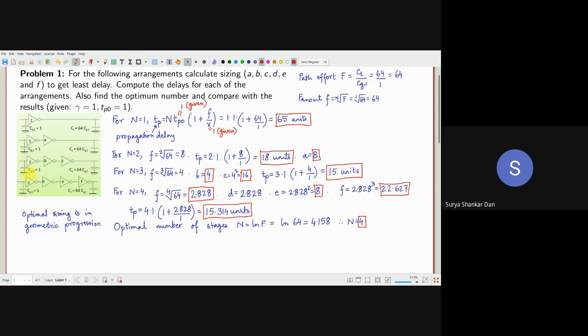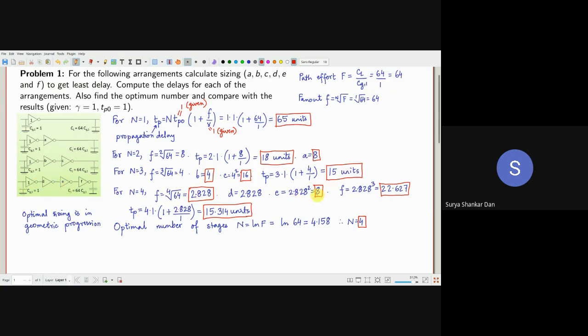Incidentally, in this problem, it is 1, so things are simpler. Otherwise, if small f were equal to 10, it would become 28.28. Please understand that. The sizing of the next inverter will be small f times the size of the previous one, okay? Here the size is 1, so 1 into f is the same. Don't take it for granted that it is always going to be f. If we change it to 2, it will become 2 into 2.828. Very good. Small e will be 2.828 into 1 into 2.828.